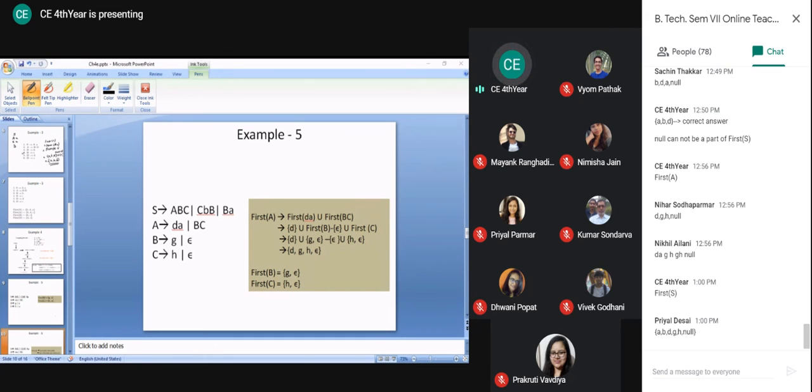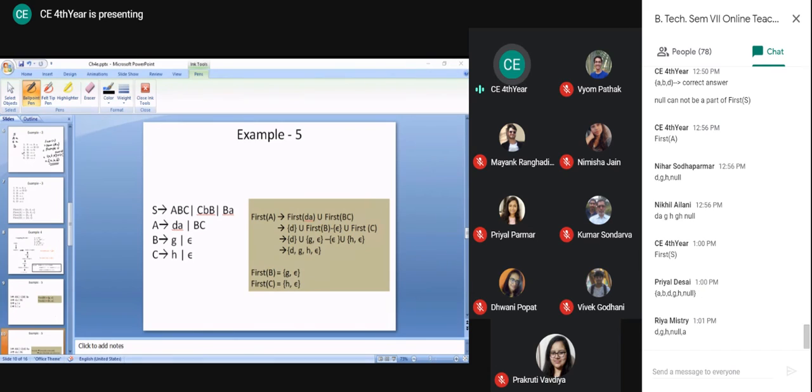Because in top-down parsing, you have to find out the first set for every symbol. You have to find out the follow set for every symbol. If both of them are correct, then and only then are you able to construct a top-down parsing table properly, and you can do the top-down parsing. Otherwise, you cannot perform